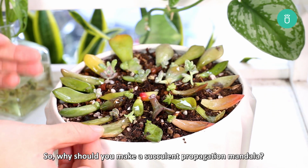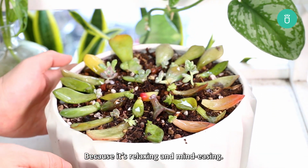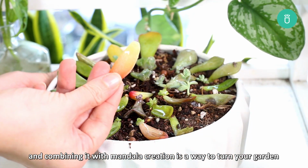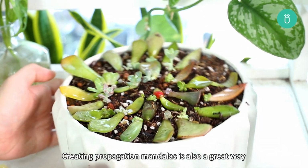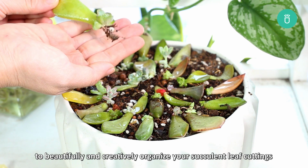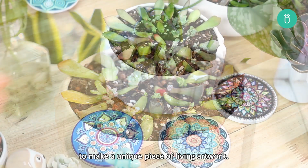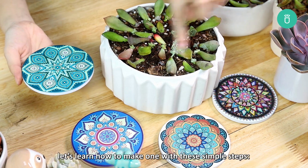So why should you make a succulent propagation mandala? Because it's relaxing and mind-easing. Gardening is a mindful practice, and combining it with a mandala creation is a way to turn your garden into a more relaxing, soul-searching experience. Creating propagation mandalas is also a great way to beautifully and creatively organize your succulent leaf cuttings to make a unique piece of living artwork. Now that you know why a mandala is different from a traditional succulent arrangement, let's learn how to make one